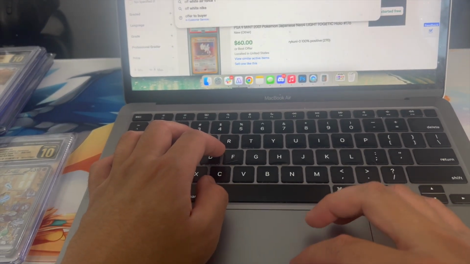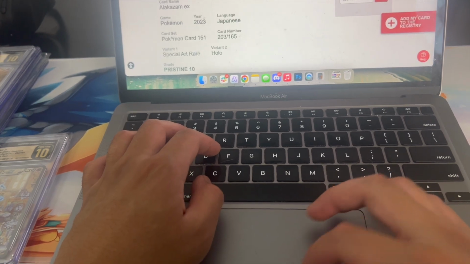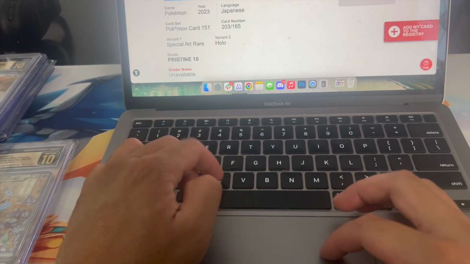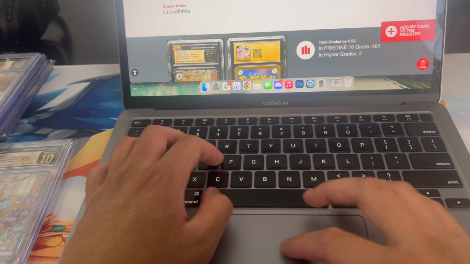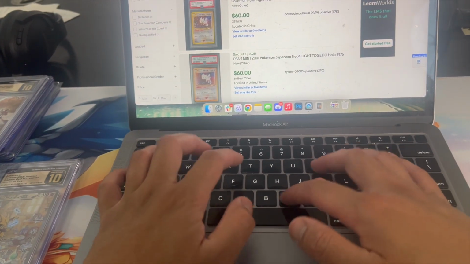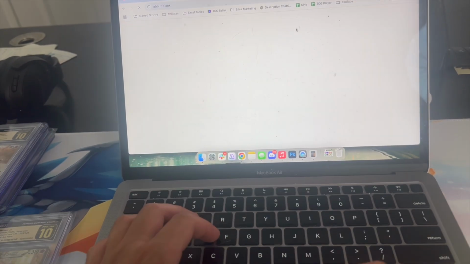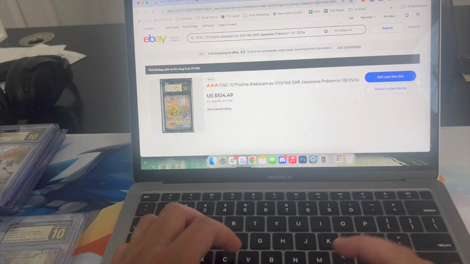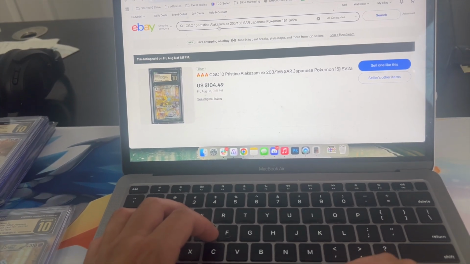So if we type in that same card on eBay, let's get the actual name. So it's an EX, and then we'll say it's a Pokemon CGC Pristine 10. So search up your card. So this is the card here. Let's copy this title. And then when you search up your card,